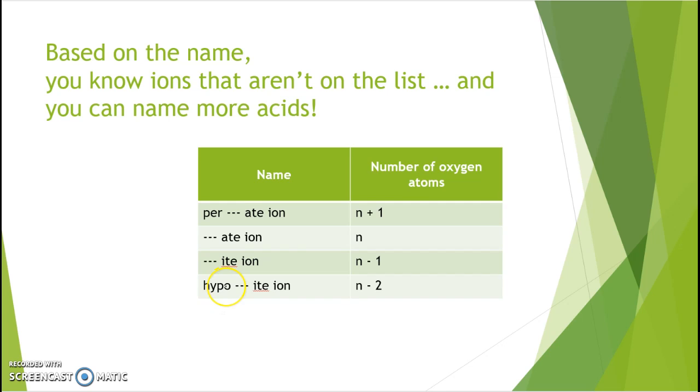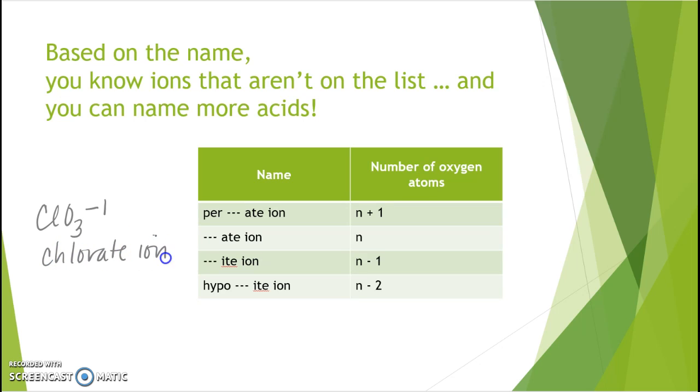You have to remember this order where it goes per-ate, then ate, then ite, then hypo-ite. And this column here tells you how many oxygen atoms we have. So let's start off with one that you know off of your chart already, just to see how this works. So this is on your chart. And you know that this one is